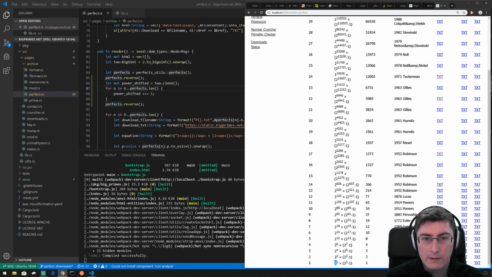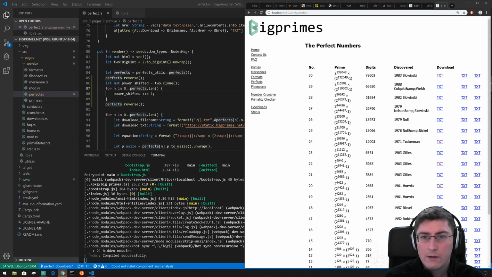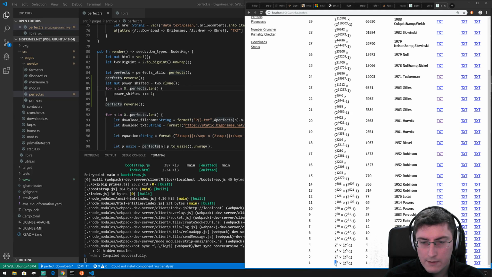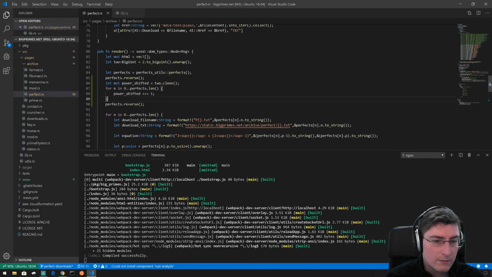It's a bit easier to read. So that for the very first one, it's 2 to the power of 2. So we can say, what can we say? So it's 2, and then we power shift it by